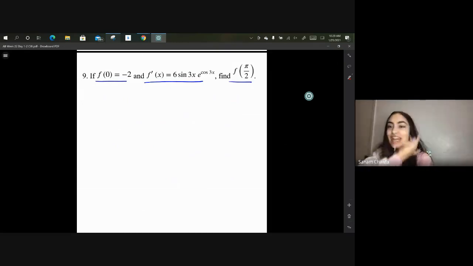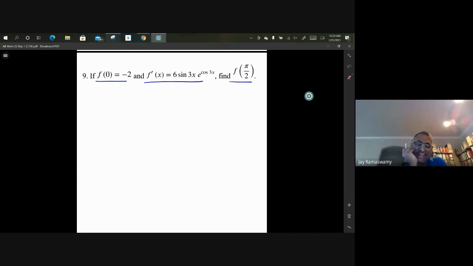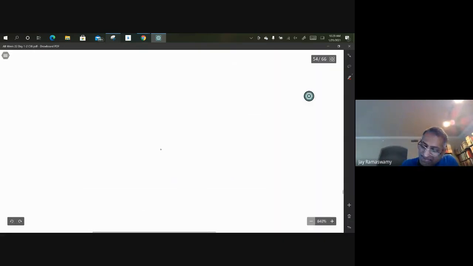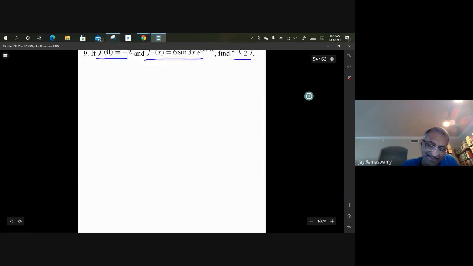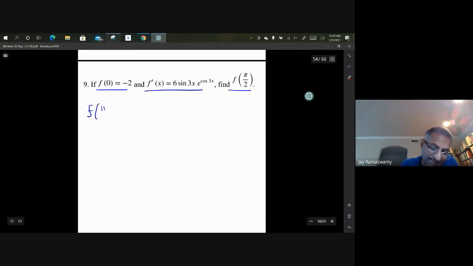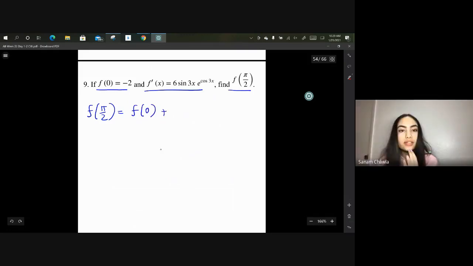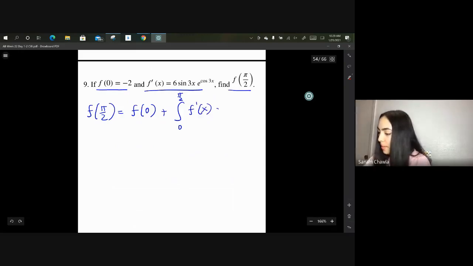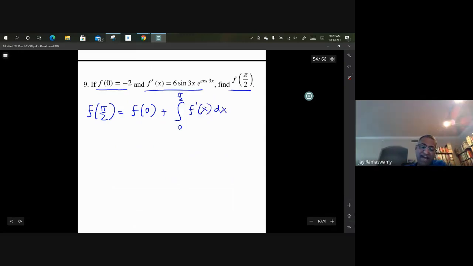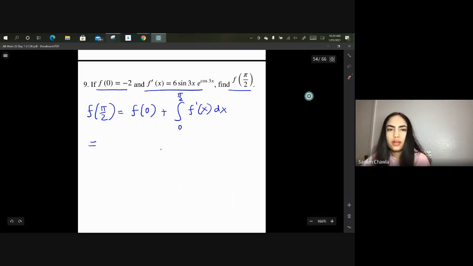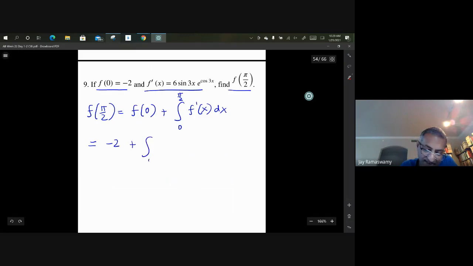Which concept? Net change corollary. Chawla smartly says net change corollary. Can you see? So f of pi over 2 equals f of 0 plus the integral from 0 to pi over 2 of f dash of x dx. Everybody okay there? And if that is f dash given to us, f of 0 is -2 plus the integral from 0 to pi over 2 of f dash, which is